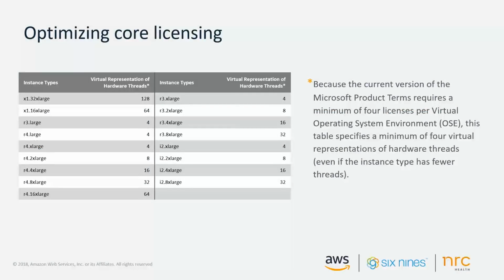We talked a little bit about core licensing. Amazon is constantly looking at ways to better serve customers. Because there are specific requirements within Microsoft licensing, you'll need to pay attention to the instance types, the virtual representation of the hardware threads, and really map that into that virtual operating system environment to make sure that you're aligned with licensing. So it's just a representation of different instance types with the types of cores that you would run